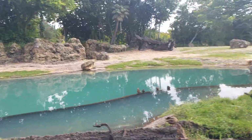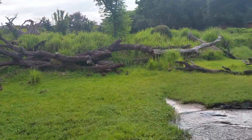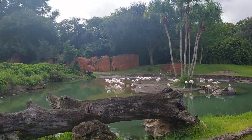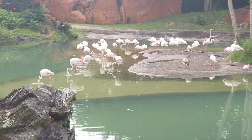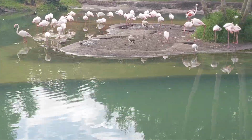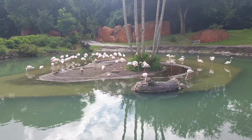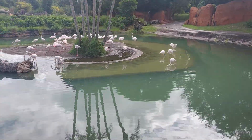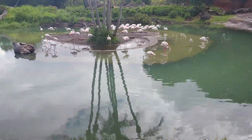And coming up in this next watering hole are the greater flamingos. Their name does not mean that they're better than any other species, just larger than, and they also have the lightest shade of pink feathers of any flamingos. That iconic pink coloration does develop from their diets. They eat a lot of brine shrimp, which is rich in beta-carotene, and that's a protein that gives them that